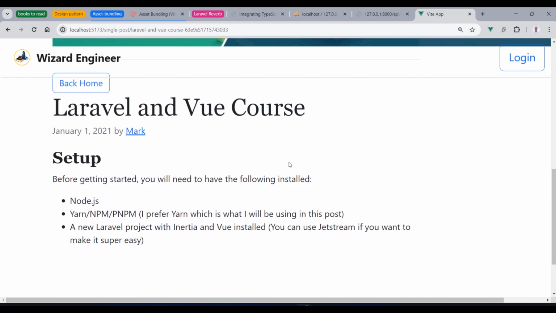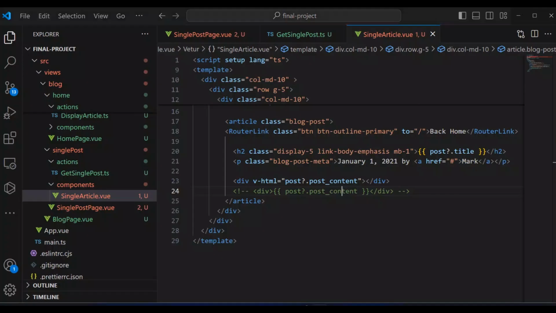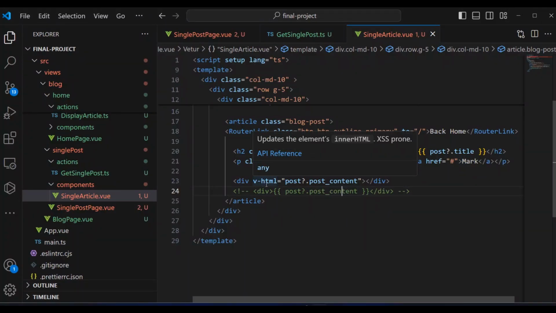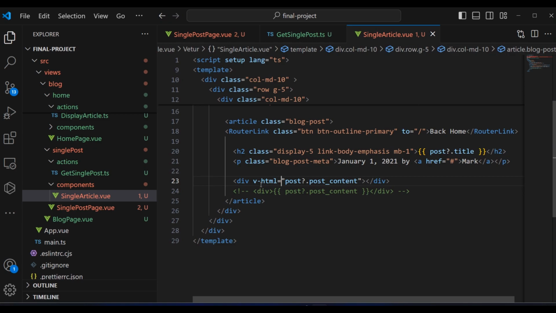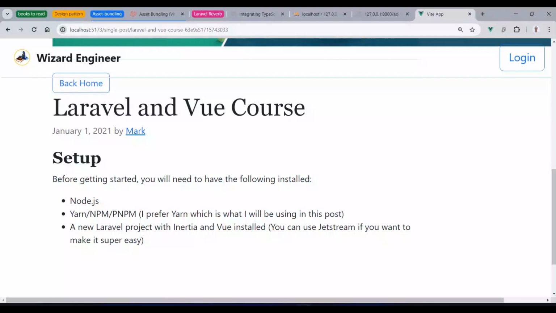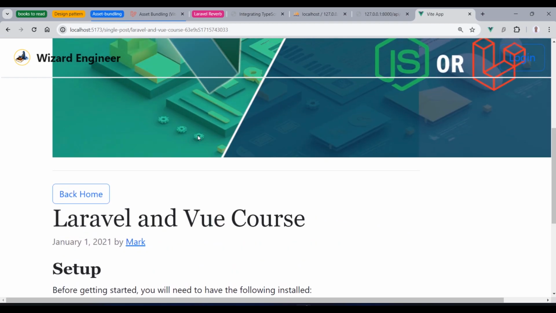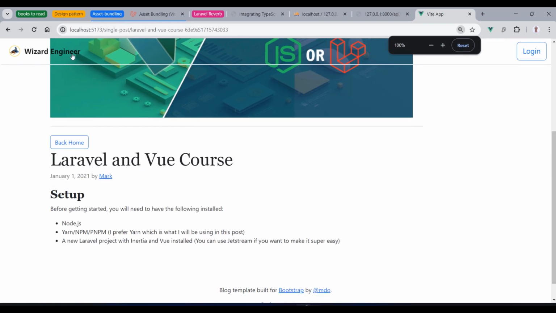And that is the importance of using v-html directive. When you know that you got data, the data that you're going to get from the server, it is HTML tag, and you need to unescape it. You can use the v-html directive, and that is the usage of it. And then we can go within the browser and we can see the details of the single post. If we go back